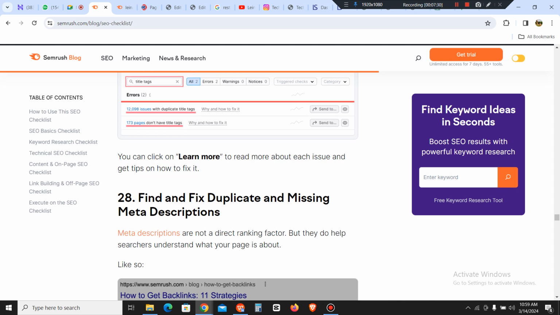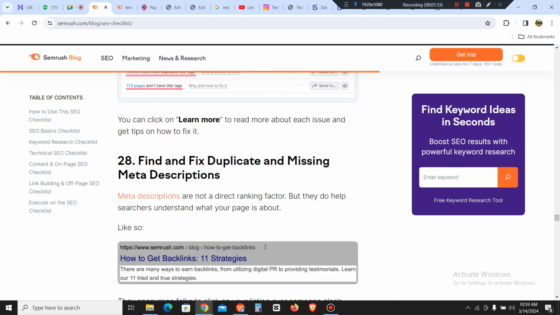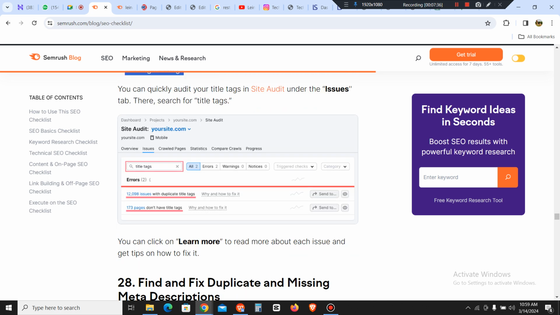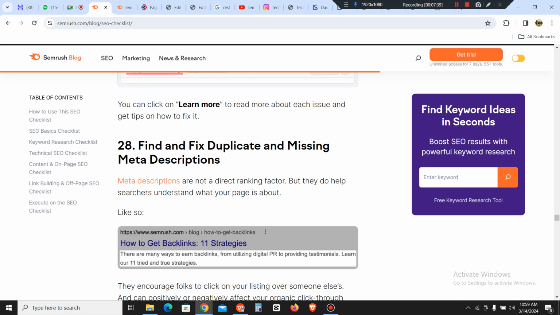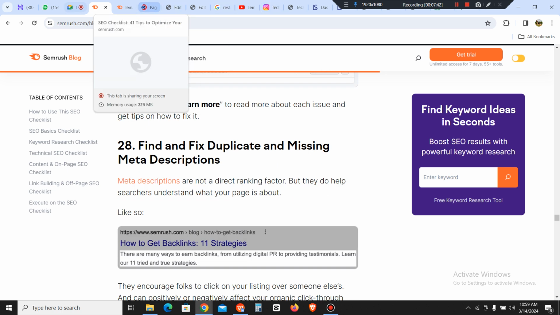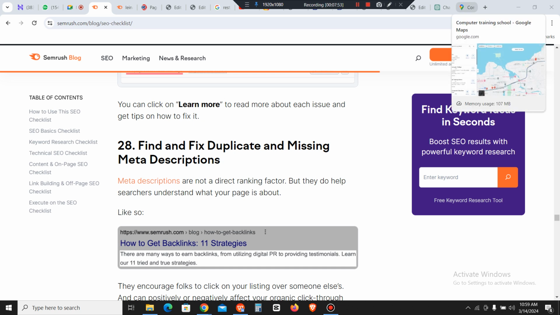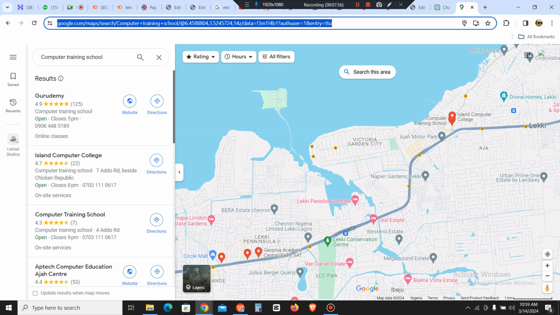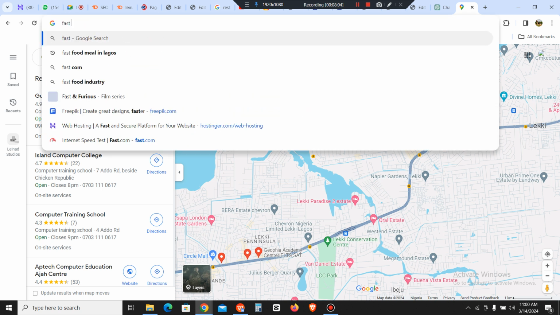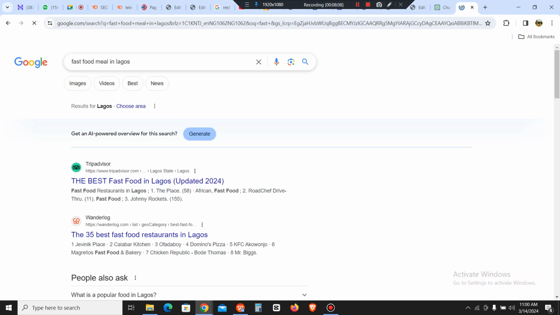So next we have find and fix duplicate and missing meta descriptions. The same approach that we use for the title tags is also what we use for a meta description. And if you remember what the meta description is, let's say I come here and search for fast food meal in Lagos, something like this. So you can see all of this text that you have at the bottom here is called the